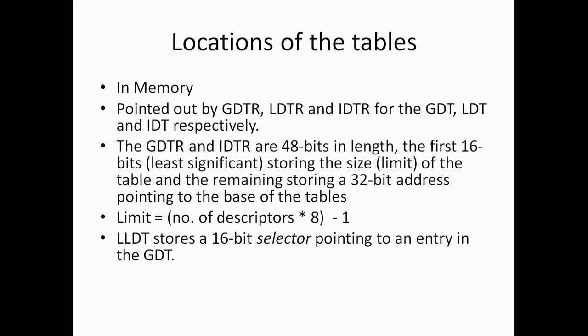So, what is the important thing about this limit field in both GDTR and IDTR? If I start accessing something more than that limit, then there will be a general protection fault, and that is very, very important for us from a security perspective, right. I can't go and try and access something beyond this limit. Otherwise I know where the LDT is stored, so I can look at some offset, right. So I have an 8 KB thing, so if I can get some location very close to that and put my own entry there, I am gone, right.